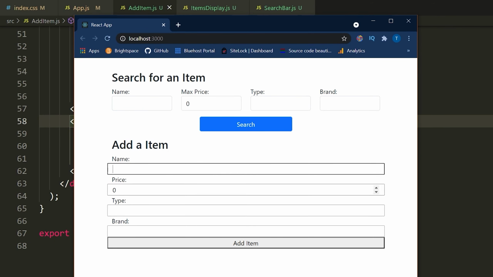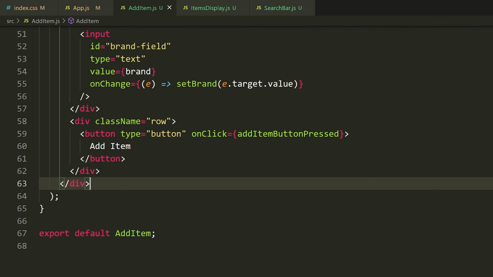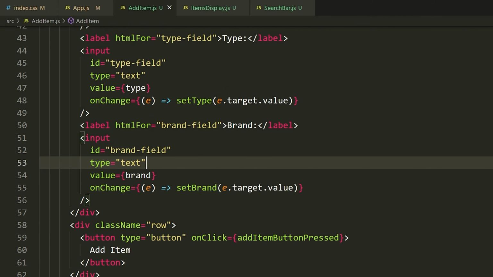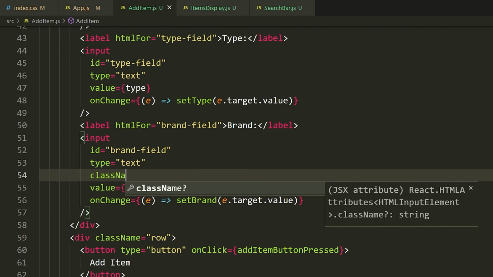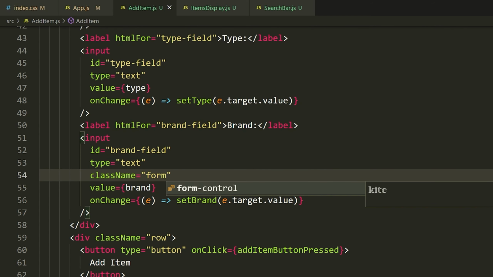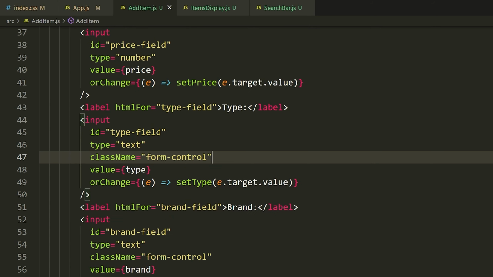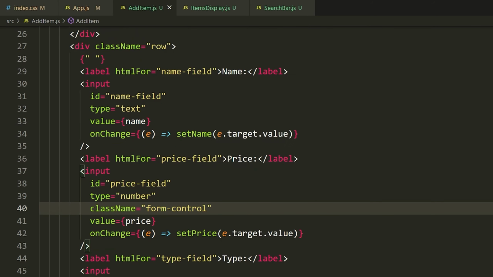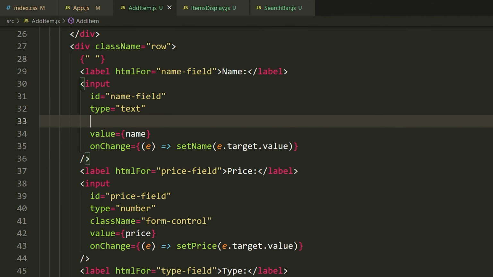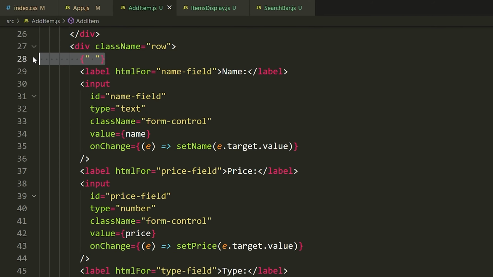Let's have a look here and notice that we get the same thing we got before. All of this stuff is taking up a row, and then we have our add item button at the bottom. Now, we already kind of know how to style this stuff, so let's just go ahead and do it. We're going to add a class name to all of our input fields here. What's the class name? Well, the class name is going to be form-control. Remember, that makes our inputs look a little bit nicer and have some responsive design to them. So let's add the class name. I'm going a bit faster now because I've already shown this before. Let me just get rid of this empty string.